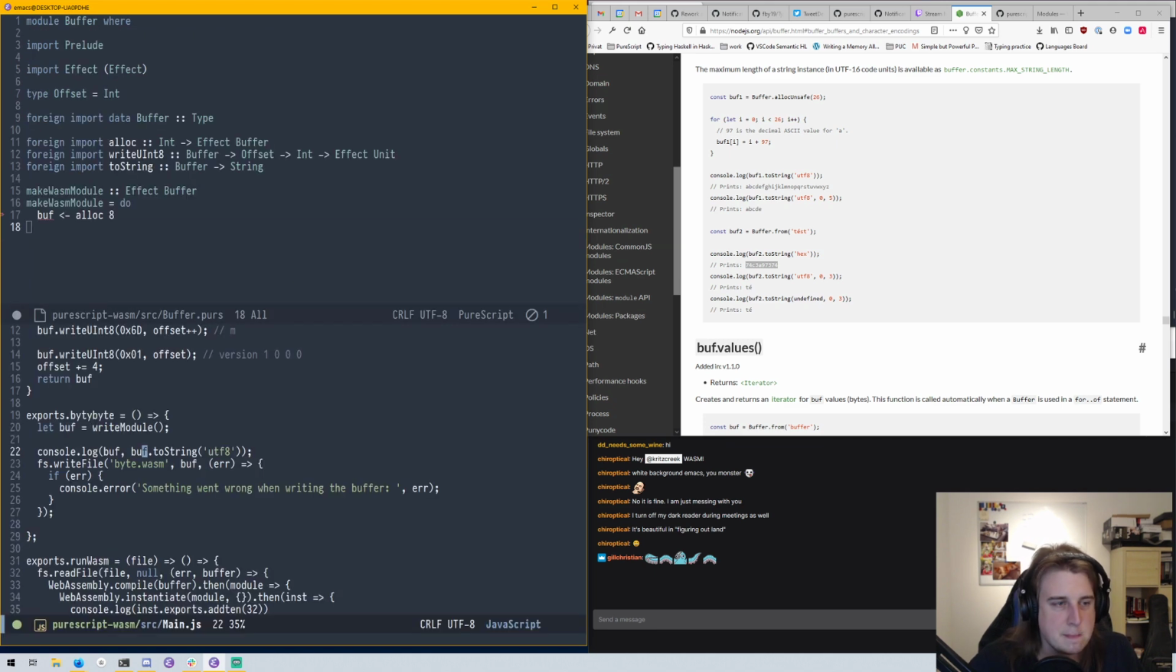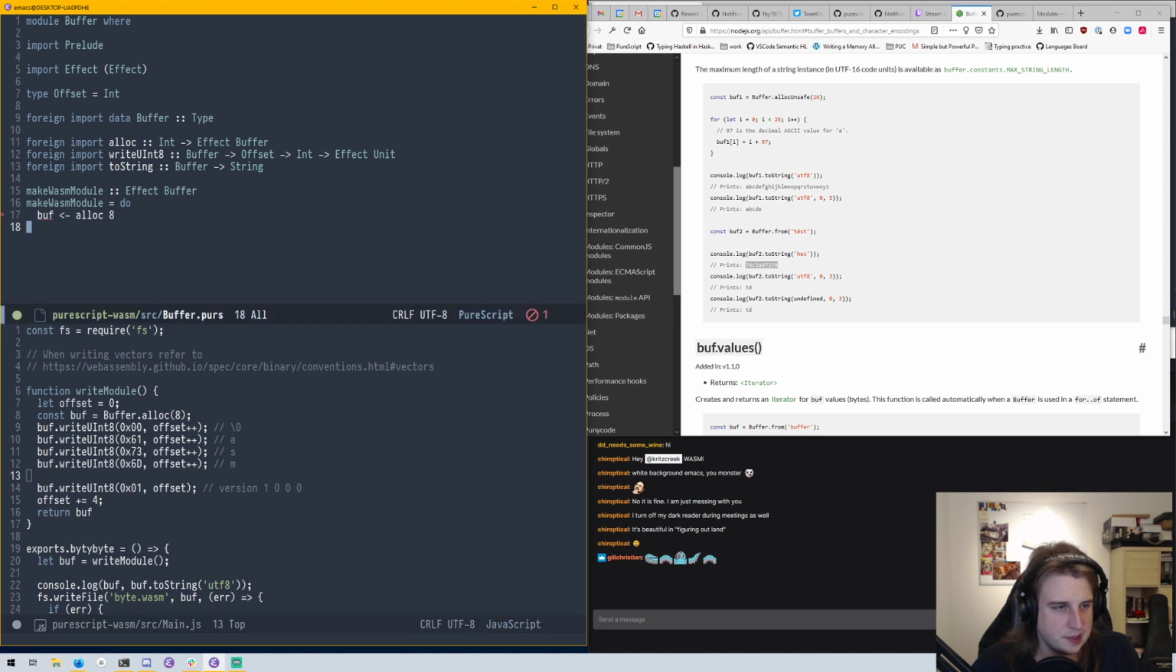Into PureScript. Might be a little early to do that, but well, we'll figure it out when the time comes. So now we should be able to say buff. So what do we need to do? We need to write a uint8 into buff, and then the offset here is going to be 0 for now,